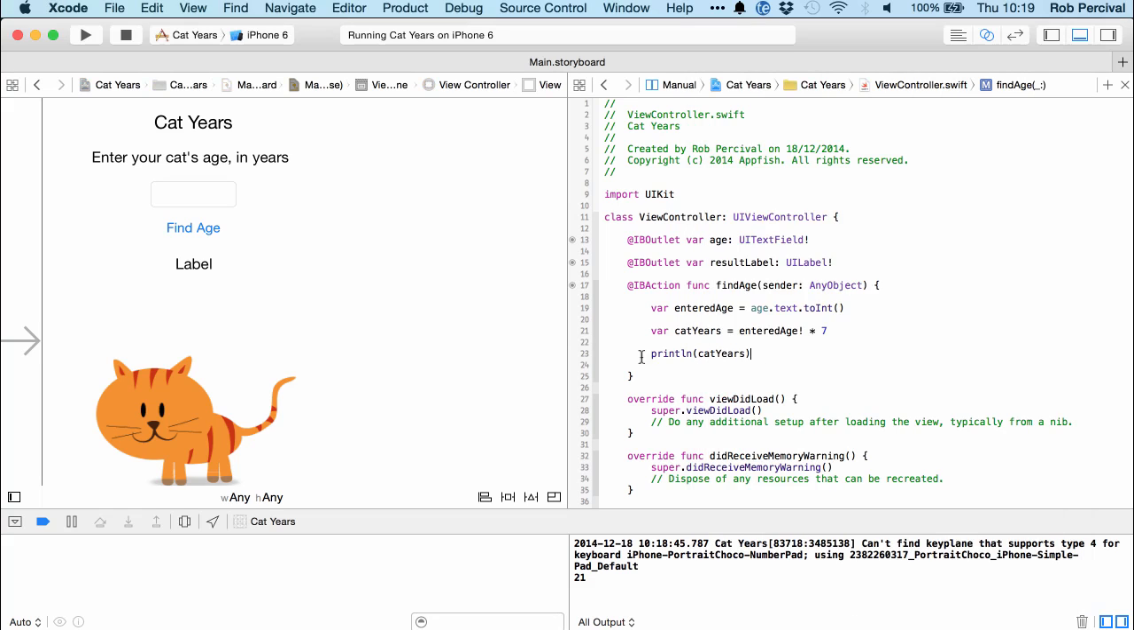So another mini challenge for you. Can you update this line of code so instead of printing it to the logs, it updates the value of the label to have a value of 21? Okay, I hope you managed it. All we need to do is use result label dot text and set it equal to